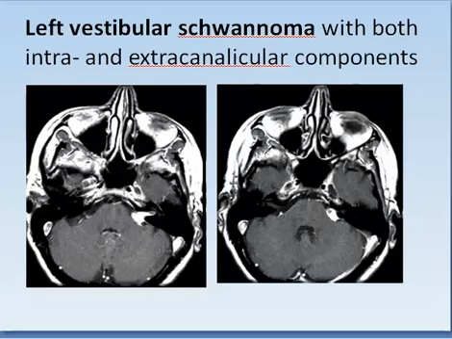This is left vestibular schwannoma, where we have part of the tumor inside the canal and part of the tumor outside the canal. So it can have two extensions, not only within the canal but also protruding out, and this resulted in what we call ice cream cone. Left vestibular schwannoma involving the canal and the meatus and bulging out into the extra-axial space.